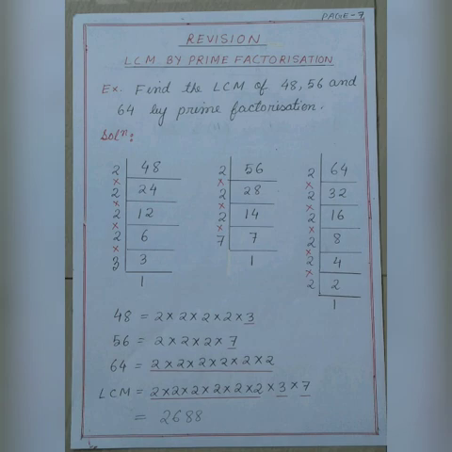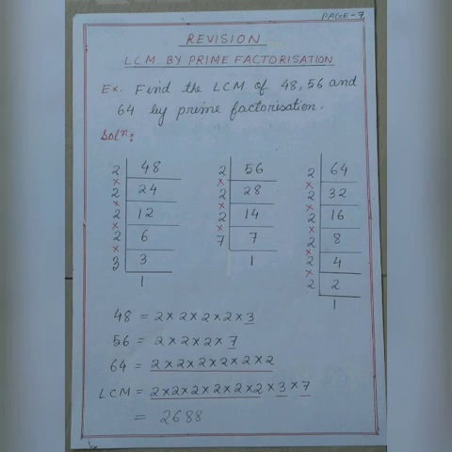Remember, the divisors, the numbers by which you divide, should be prime numbers, and you have to check from the smallest prime number. Always try to divide by the smallest prime number, that is 2. If it is not divisible by 2, then go to the next prime number, that is 3. If it is not divisible by 3, then go to the next prime number, that is 5. If it is not divisible by 5 also, you go to the next number 7. If it is not divisible by 7, go to the next prime number. What is the next prime number? That is 11. So like that you have to proceed.